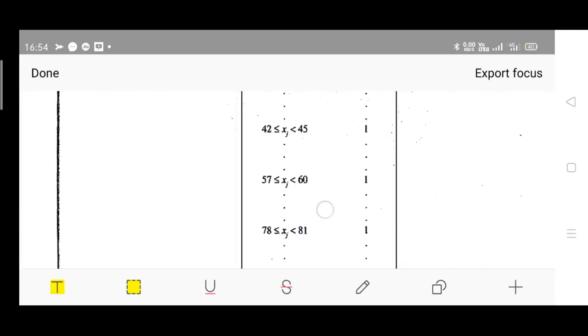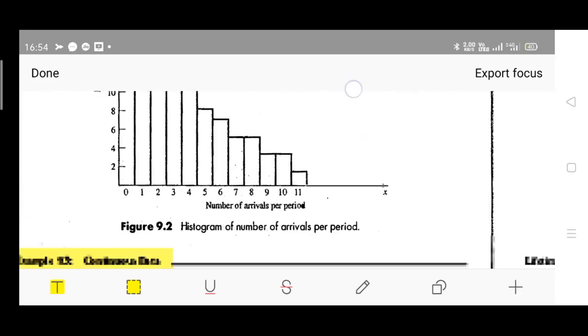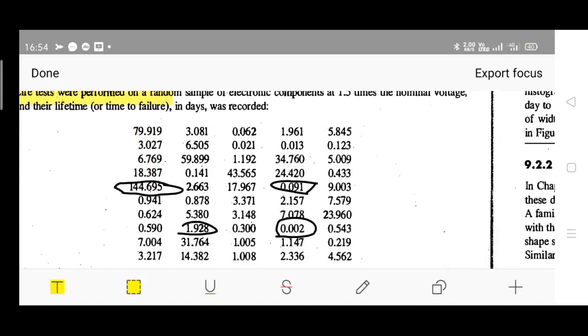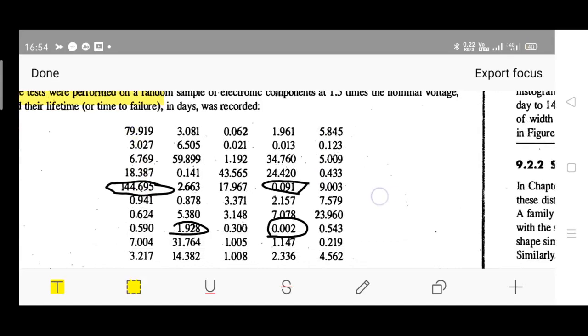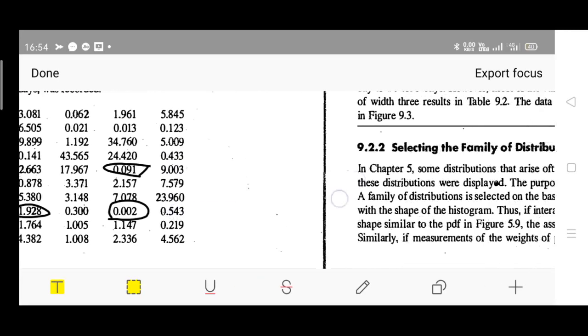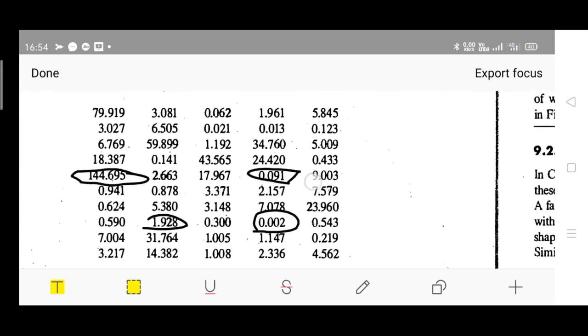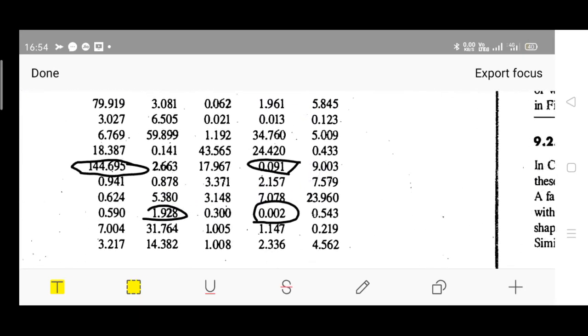So we have written this table. Observe, the number of occurrences are recorded. If these values are given, easily you can write the next table, right? If you have this data, if you have this sample with you, easily you can identify what is the least value, what is the highest value, and in the range of 0 to 3 you can count how many samples are there between 0 to 3 days, right? 0 to 3.